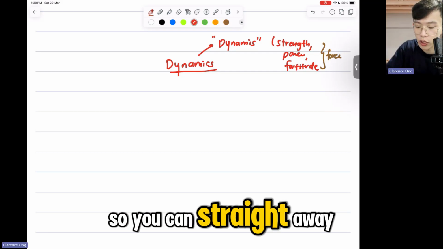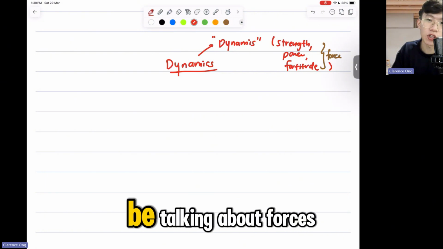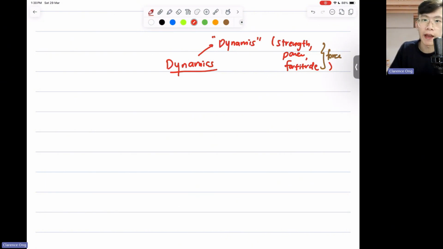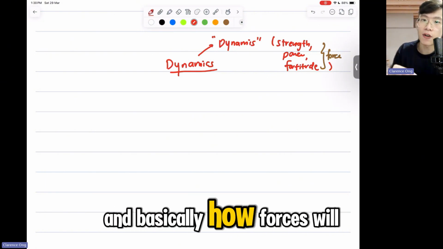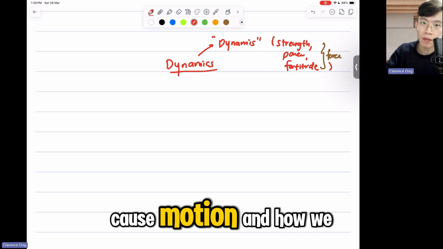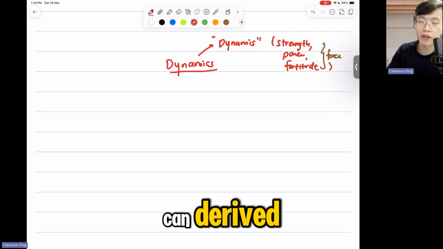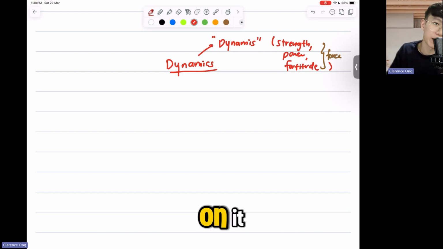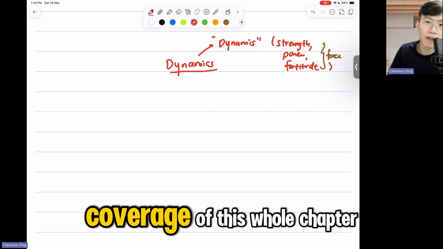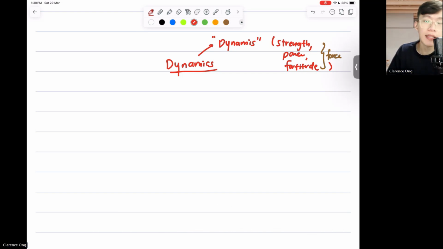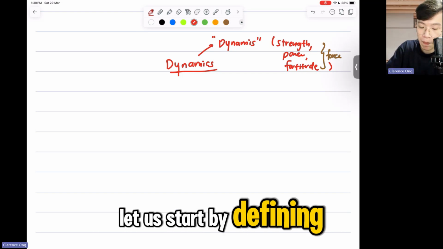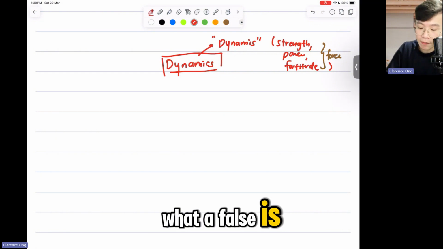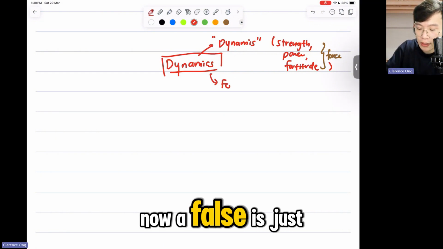So you can straight away tell that this chapter is going to be talking about forces and basically how forces will cause motion and how we can use the motion of an object to determine the force acting on it. So that is the entire coverage of this whole chapter. Let us start by defining what a force is. Now, a force is just